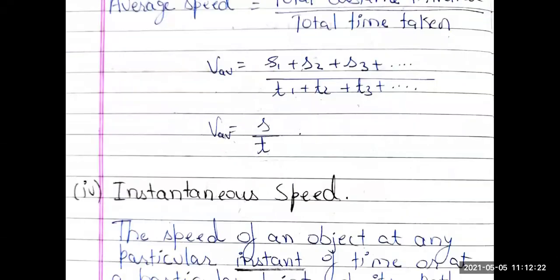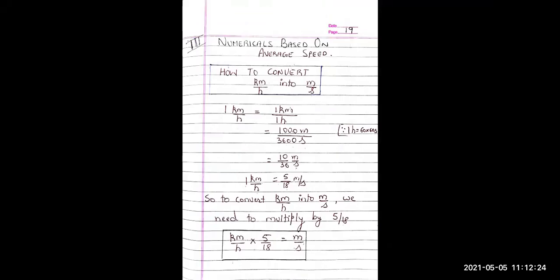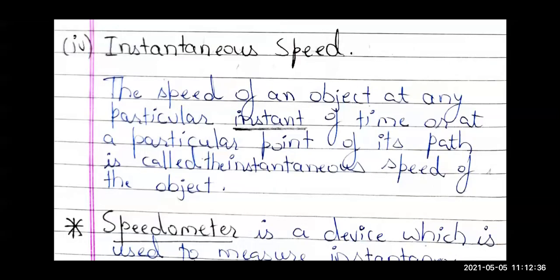Now let's move to the instantaneous speed. So children, you might have eaten instant idli. So what does your mama do? She brings the instant idli pack from the market, right? Instant means she just mixes the batter and keeps it only for 10 minutes, and after that she prepares the idli, right?